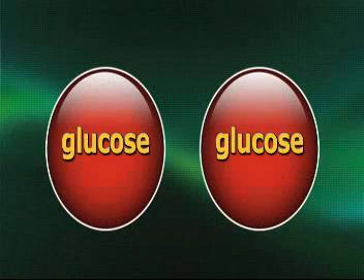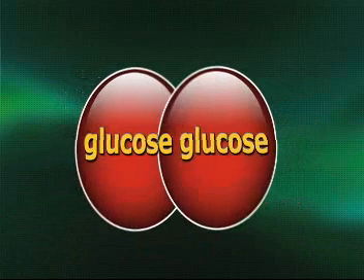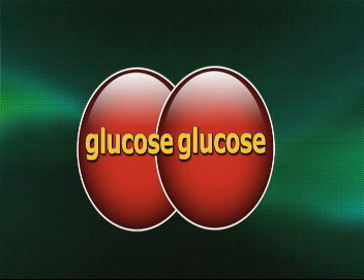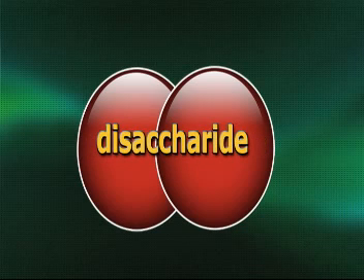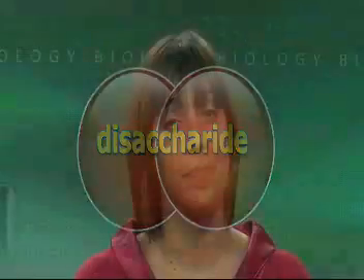When two monosaccharides are combined, such as glucose with glucose or glucose with fructose, the result is a disaccharide. As the two sugars are joined together, a molecule of water is removed. For example, milk sugar or lactose is made from glucose and galactose, whereas cane sugar or sucrose is made from